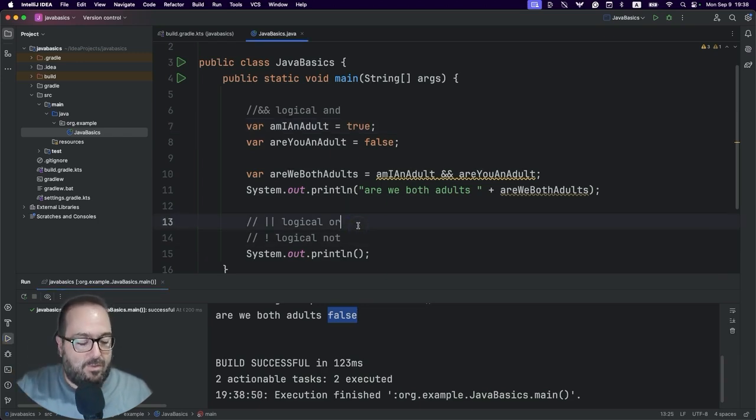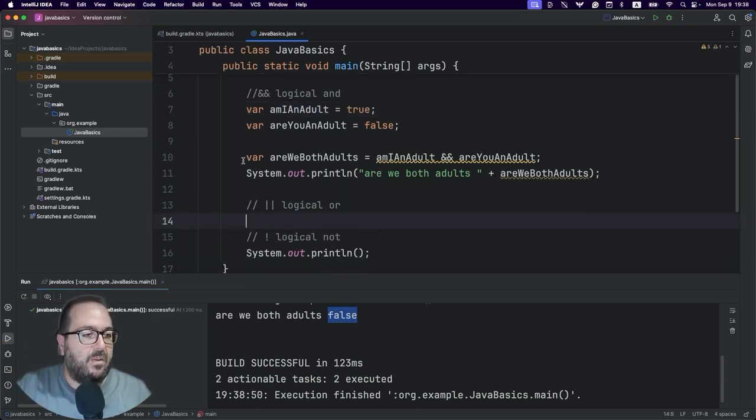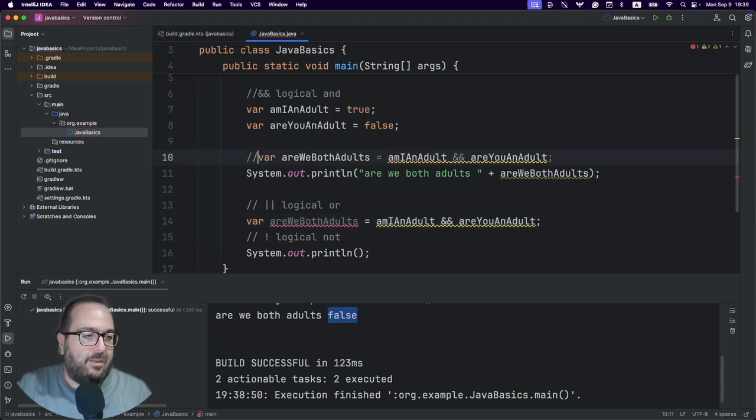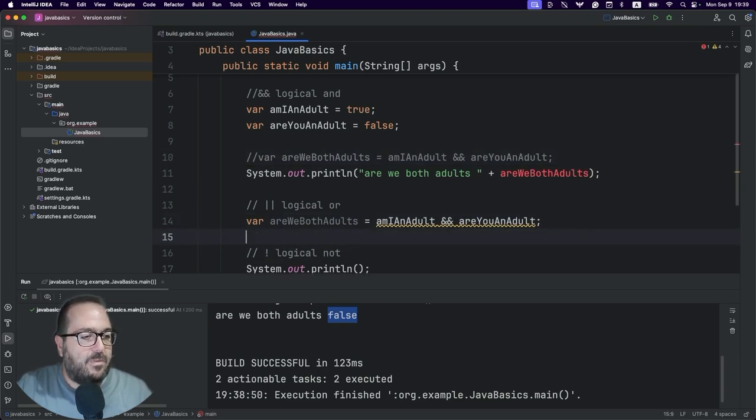But let's go to the next one, the logical OR operator. I will copy line 10 and let's move to line 14 and I will comment out line 10. So, are we both adults, but this time I will not compare with the AND, but with the OR logical operator. Here, are we both adults? Let's get the statement.